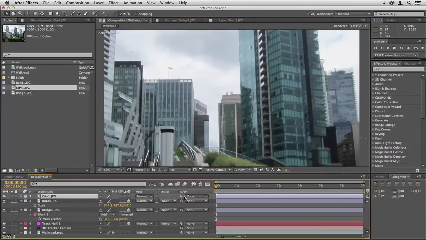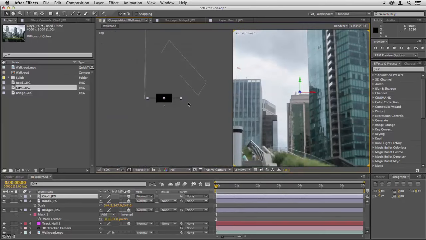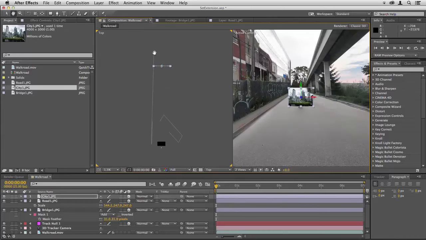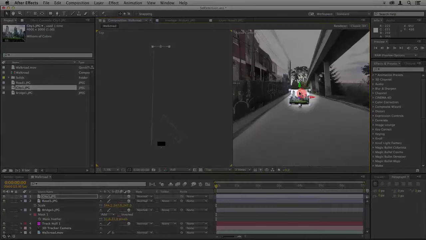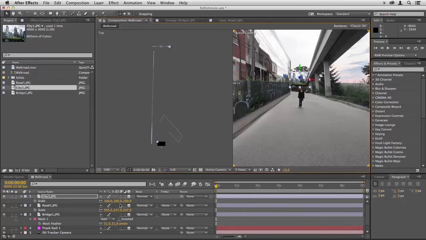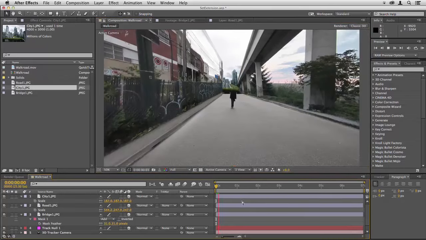I'm going to make that 3D, then go to 2 views horizontal, and this city just needs to go right back. So I'm going to drag it all the way back there. I can see the end of this image here. I want it to go further than that, so I'll drag it behind there. And now over here I can see visually it's in the wrong place, so I'll lift it up, and then I will hit S and scale it up a little. And when you watch that, that works